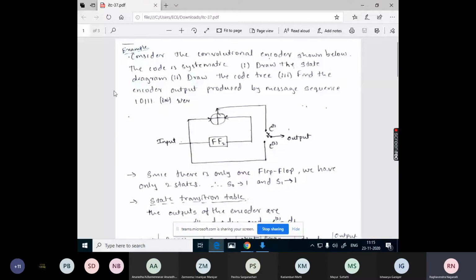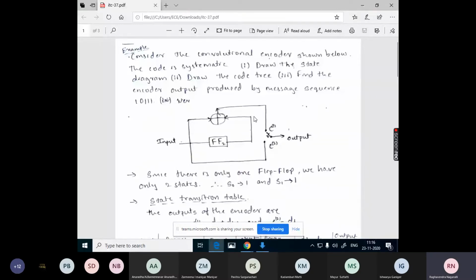So we are seeing one more example here. Consider the convolutional encoder shown below. The code is systematic. Draw the state diagram, draw the code tree, and find the encoder output produced by the message sequence 10111.